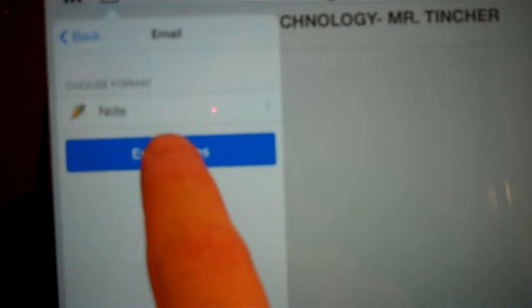When I go to email this, I need to choose a format. I have the options of PDF, RTF, and Note. I want you to email me your presentation using the Note format. Again, you're going to use the Note format. So you'll have the little pencil with the microphone on the end. Okay? Once that format is selected, you click Email Notes, and in the To line up at the top, you're going to put